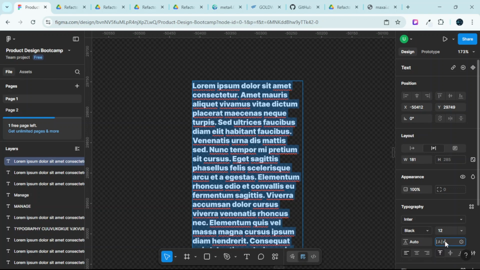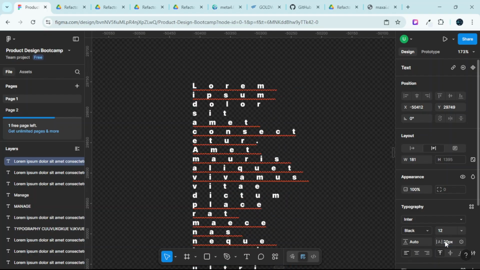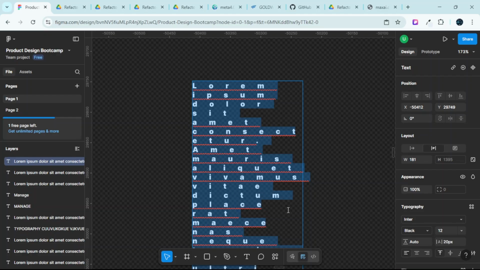If you type in a number, let's say 20, just the number, and click enter, automatically it's in percentages. If I want to convert it to px, I will type in the same 20 and put in px, then click enter. Now you can see we have different effects. Those different effects already tell me that 20% and 20px are not the same. Do you understand? So that's for that. Now, when it is in percentage and you want to convert to px, how do you do it? Very simple. All you need to do first is think about the size of the text. If the size of the text is, for example, 200px,